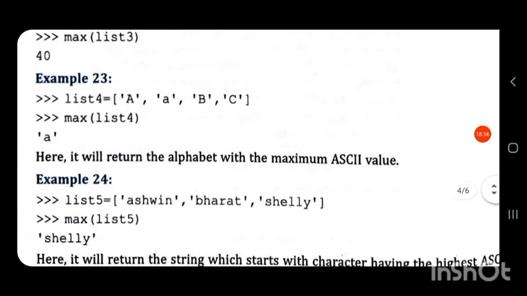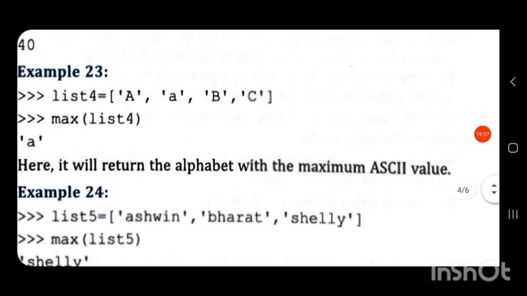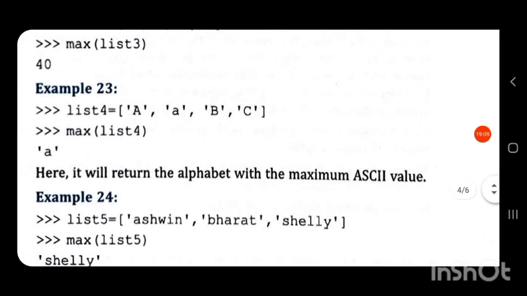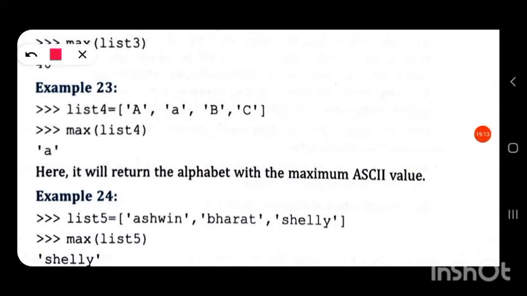Now, next example, list4 is equal to capital A, small a, capital B, small c. Now, we have capital letters and small letters. Before, I have told you that the capital letters have smaller ASCII values compared to small letters.